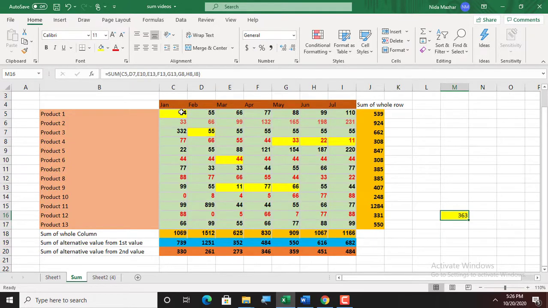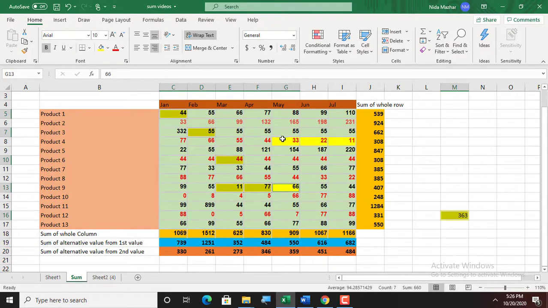To check it manually, you could just click on each cell while pressing the Control button. So here it is. I think I have made some mistake in it. Control sign. Yes. Yeah, right, it's done. You can see that the sum is 363 and 363 is the value which